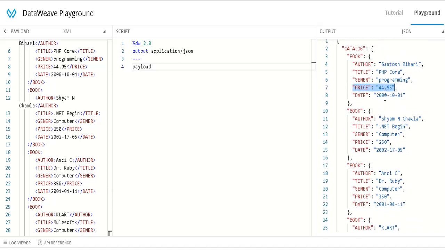We can exclude these fields from the input payload. We can do it in a simple way. Or else, if you don't want to display the author name, because the price we can use this tag for another example. Let us take that we don't want to display the author name in your output. How can you exclude that without actually doing the mapping, map object and all? How can you do it in a simple way? Okay, let us see that.